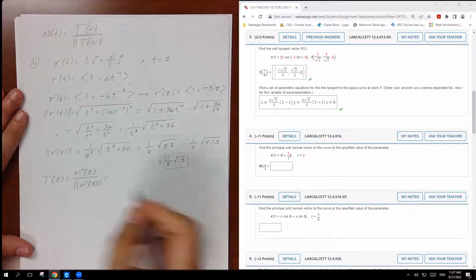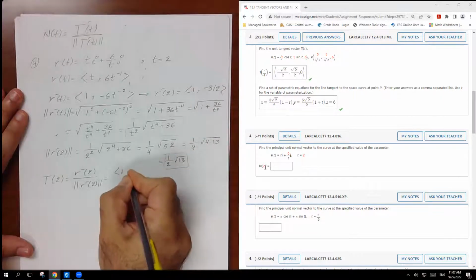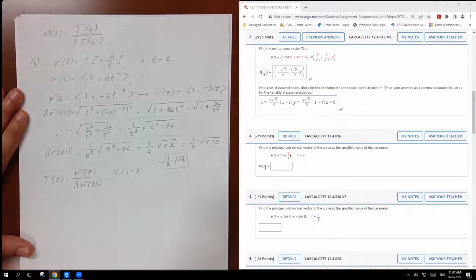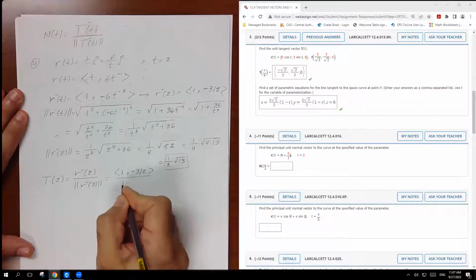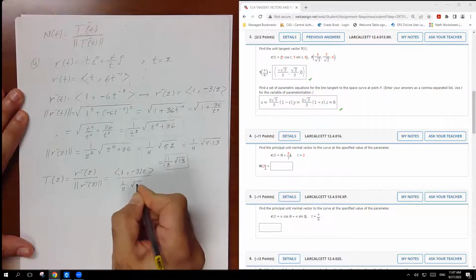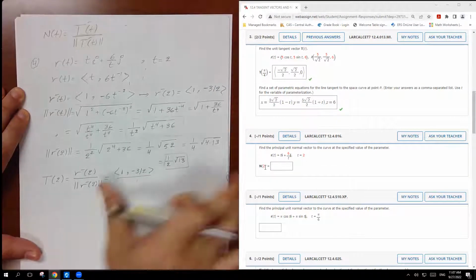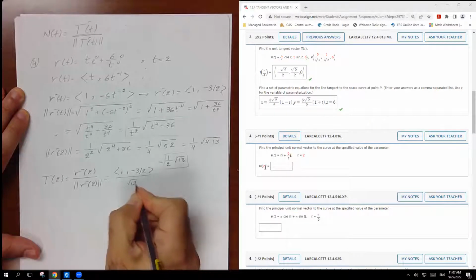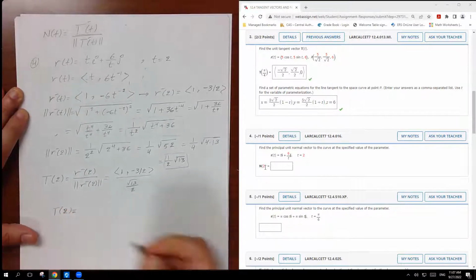So it's going to be 1, -3 over 2, and divide by half the square root of 13, which is square root of 13 over 2. So T with respect to 2 is going to be, but we can't find